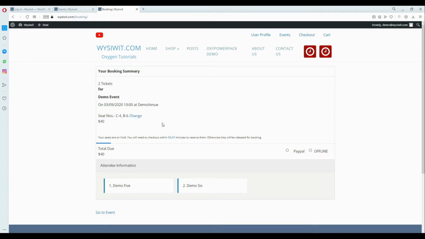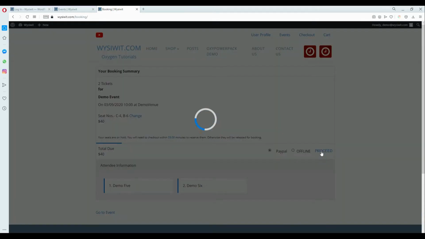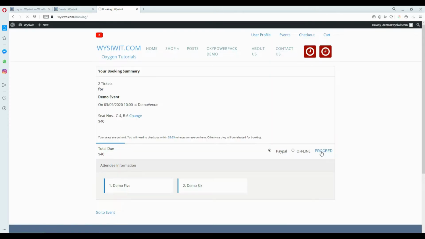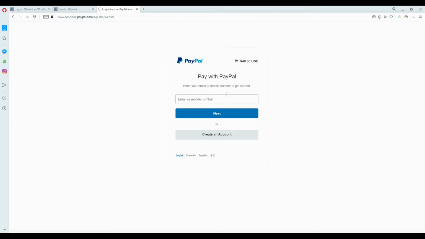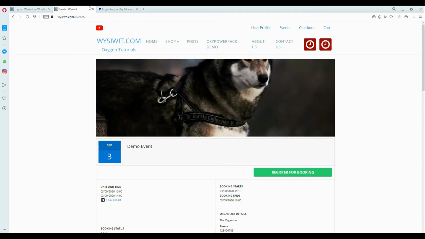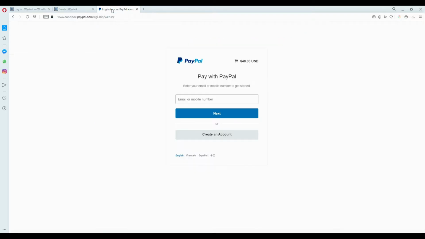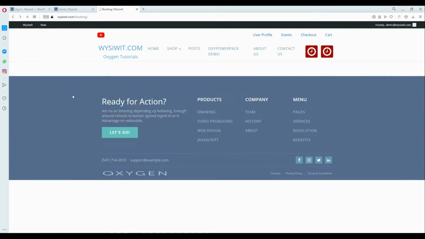due for the event. So we can either choose to pay with PayPal, and you'll see that only after selecting a payment method can we proceed. So should I select PayPal and click proceed? I will be redirected to PayPal. So that's where I would make my payment to PayPal. Alternatively, if I was going to do a manual payment,